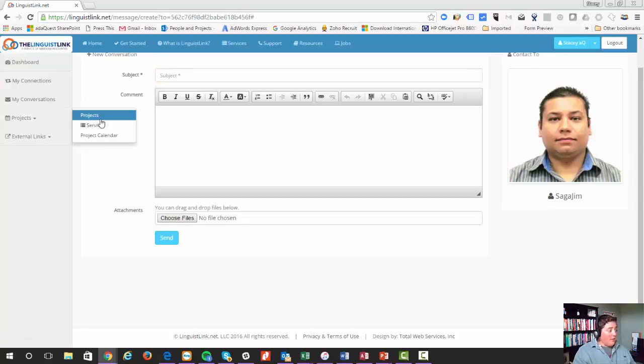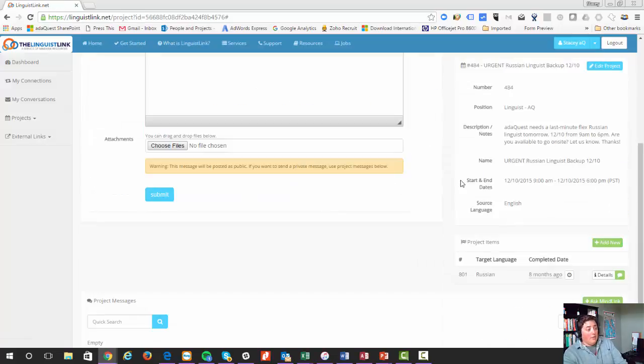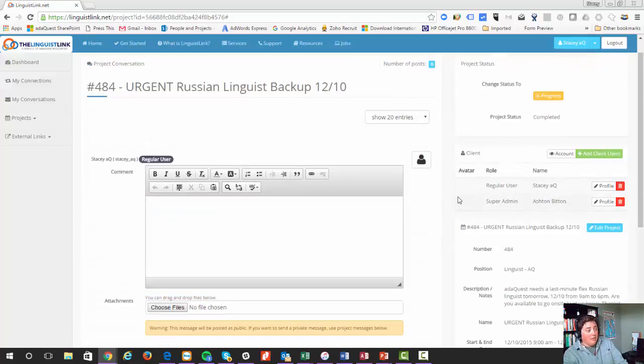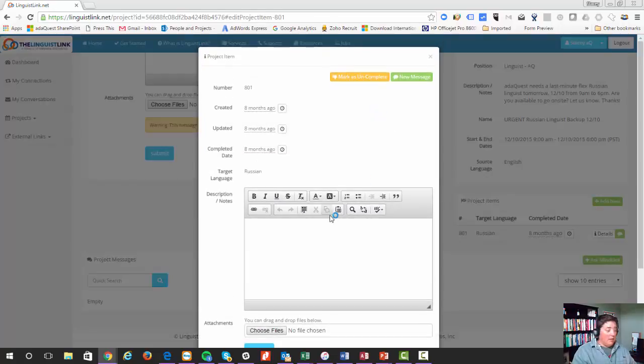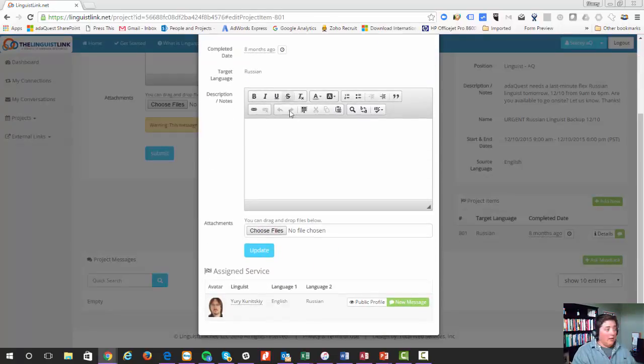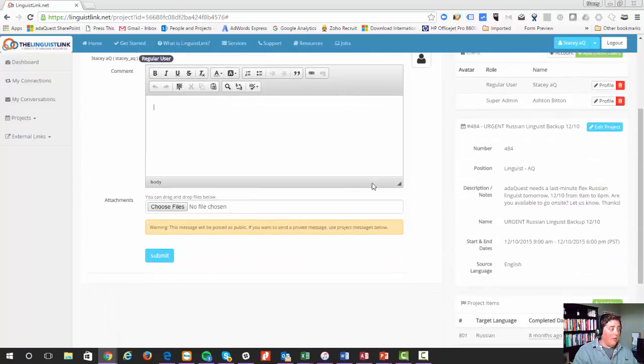And another thing on the projects, so we have this project module where there's a lot of communication opportunity available. So, there's information about the project that's given to everybody. You can add 1 to 20 languages to support the project. You can message individual linguists who've accepted the projects, where you can assign, propose, and communicate. And then you also have this